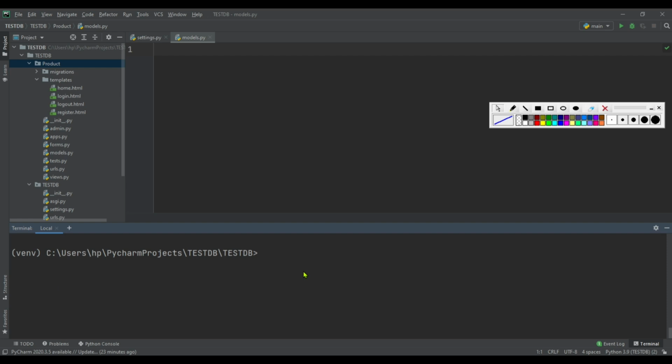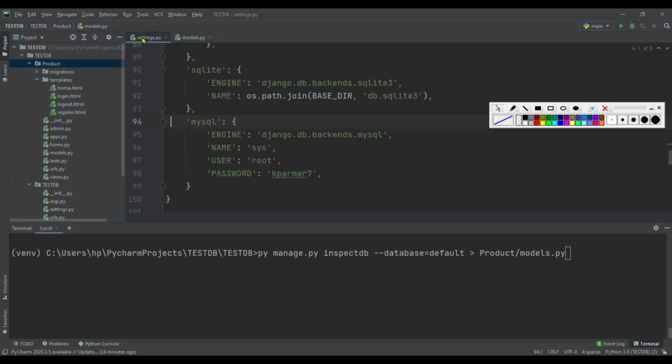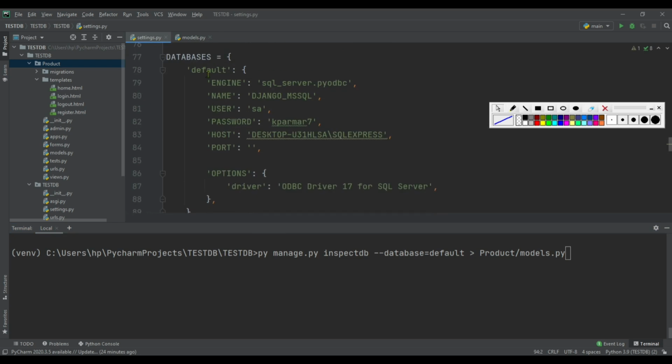Come to terminal, py manage.py inspectdb --database=default > application name product slash models.py file. So here default is nothing but the name which I have given for Microsoft SQL Server inside settings.py file.